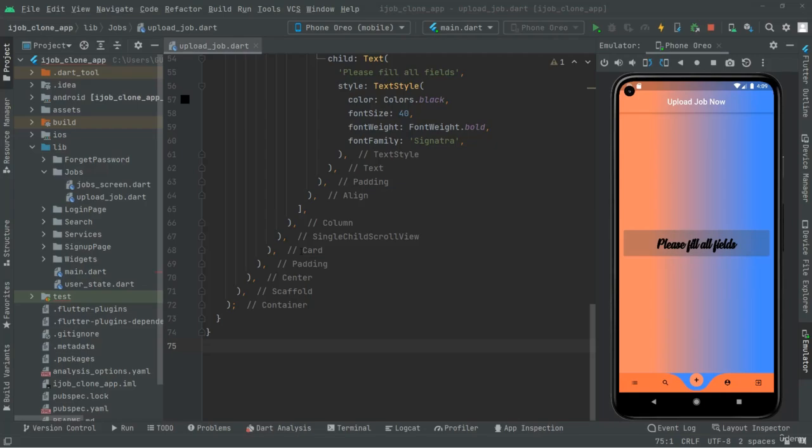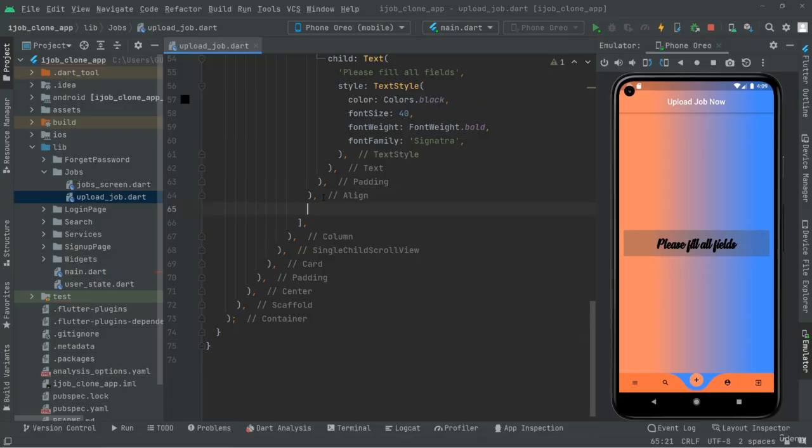Welcome back. In this video we will create a text form field right down below in here. So let's go and do that. We are here on the upload job dot dart, as you can see, below this align. First we will create some height between this text and the text form field that we are about to create right in here. So we will set a size box,